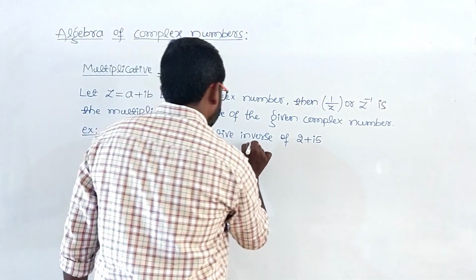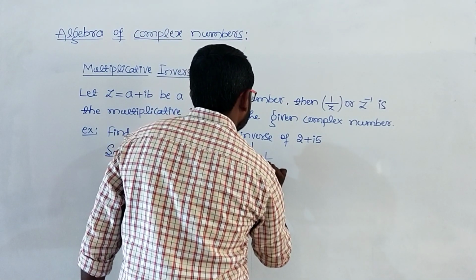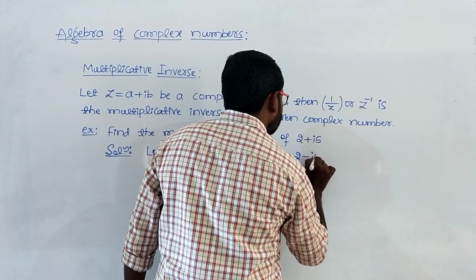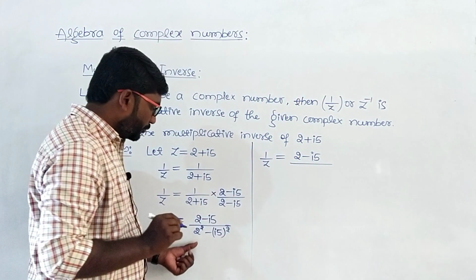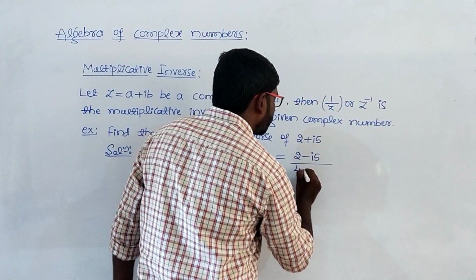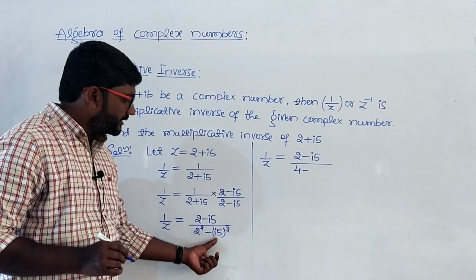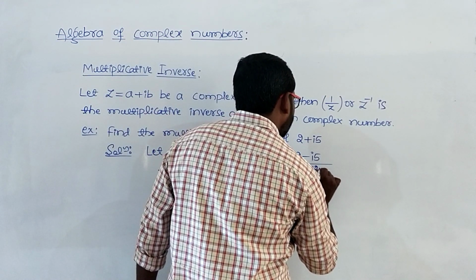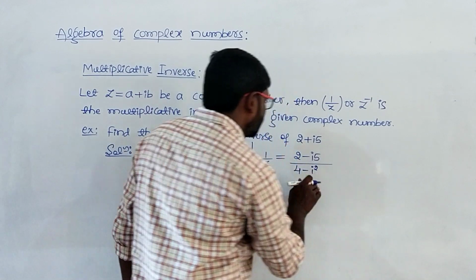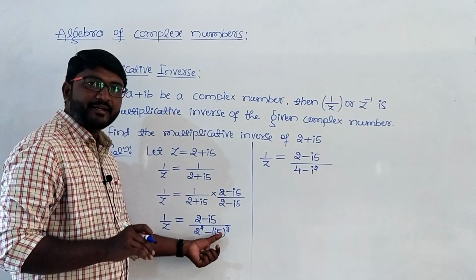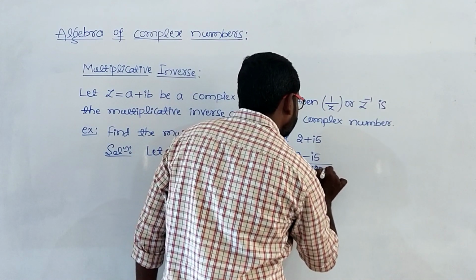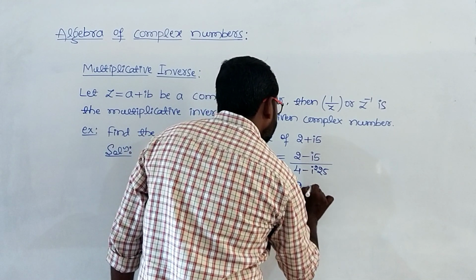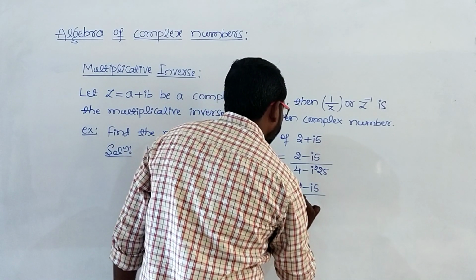Then now see here, 1 by z which is equals to 2 minus I5, I will be writing it as 2 minus I5 divided by 2 square ಅಂದರೆ 4 ಆಗ್ತದೆ ಇಲ್ಲಿ. Then minus. Now square applies to the first term as well as to the second term. We get I square minus 5 square ಅಂದ್ರೆ 25 ಆಗ್ತದೆ ರೀ. ಡೈರೆಕ್ಟ್ ಬರಿತೀನಿ ರೀ ಅದನ್ನು. See here, the square applies to the first term as well as to the second term. 5 square will be 25. Now 1 by z which is equals to 2 minus I into 5 divided by 4.